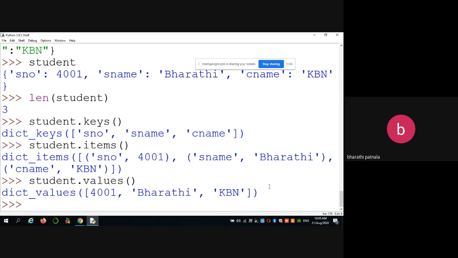So you can access the dictionaries in three ways: keys, items, values. Keys in the sense, what are the key values in that particular dictionary? Values in the sense, what are the corresponding values of those keys will be printed. Item means item-wise content will be printed. Okay. Similarly, if you want to